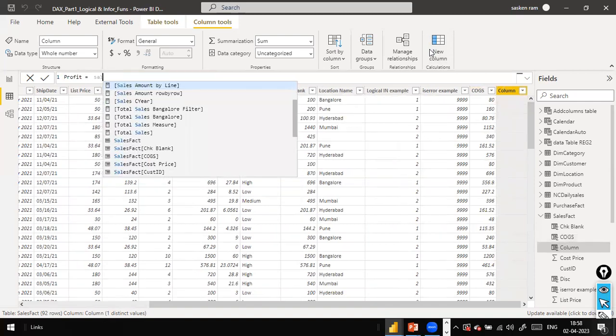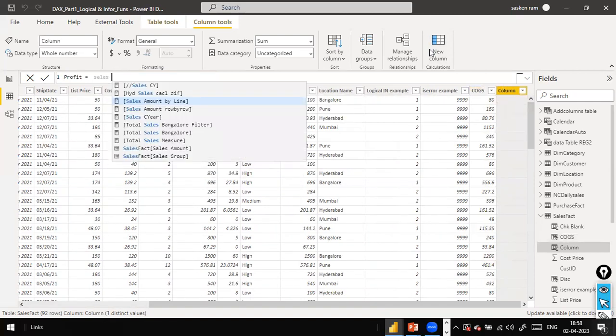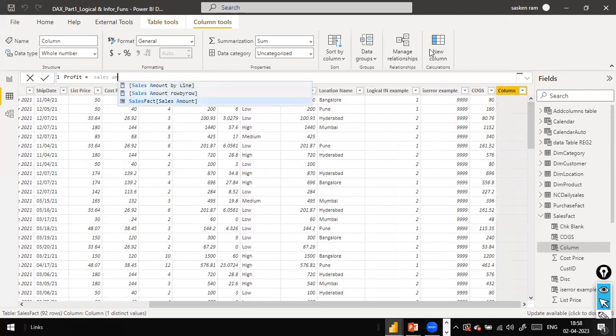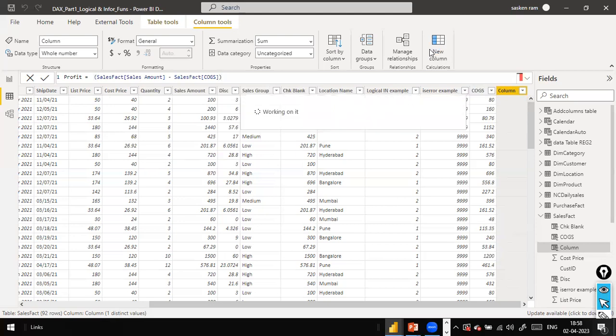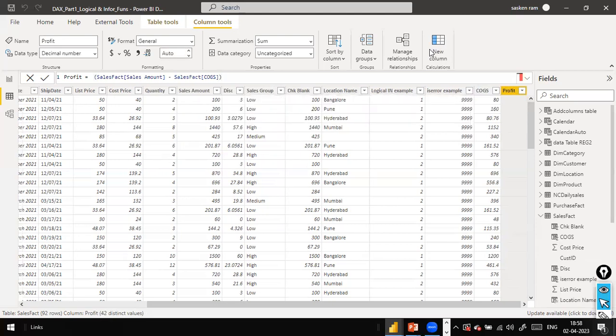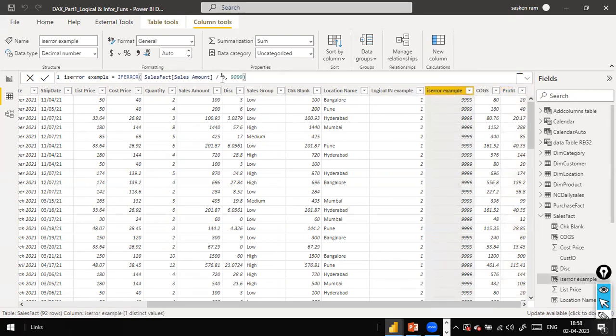But if you see in the real-time scenario, the cost of goods, it's a big formula. We already created the COGS, cost of goods column. So this is how you can create the new column, the derived column. These are the derived columns. In this case, if I go back here, if I put profit here,